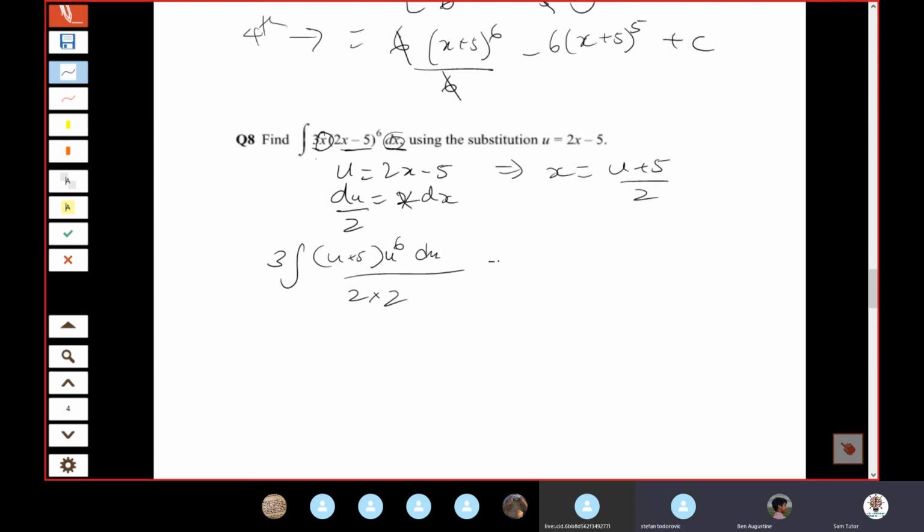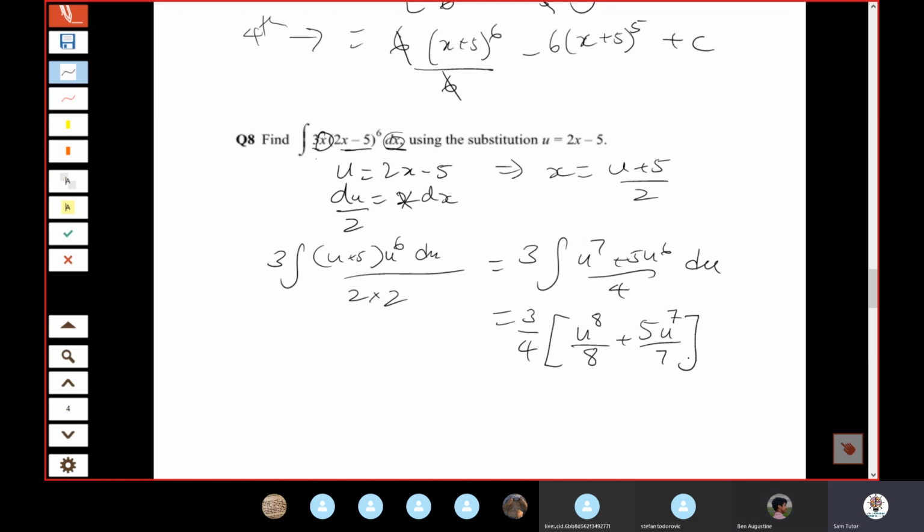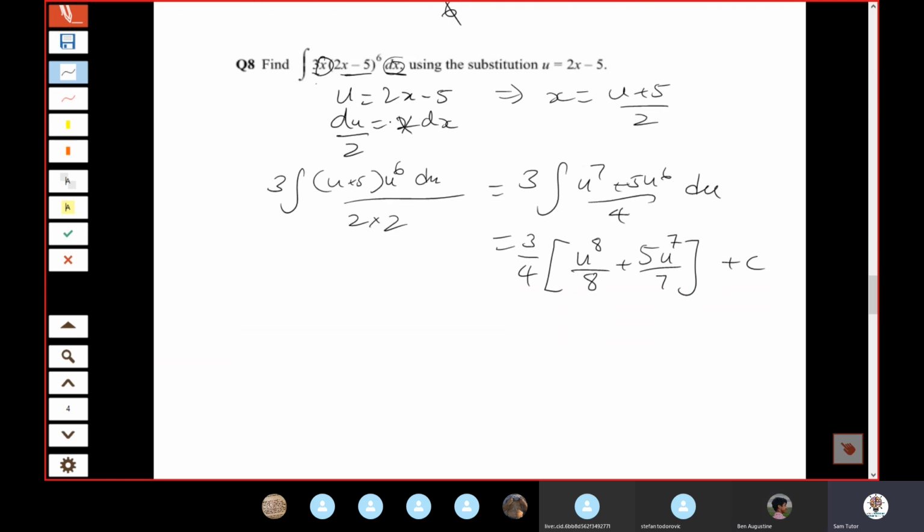And then let's move forward. So then we're going to expand this. That becomes u^7 plus 5u^6 all over 4. What am I allowed to do with the 4? Take it out, take out a quarter. And then integrate u^7, that becomes u to the power of 8 over 8 plus 5u to the power of 7 over 7 plus c. And then last, we're going to substitute our u back in,